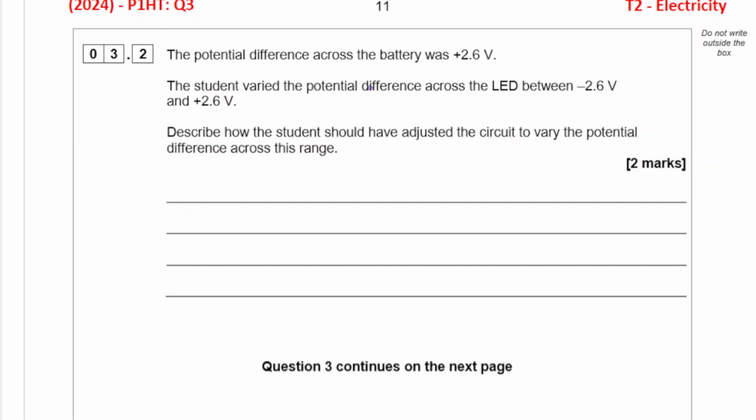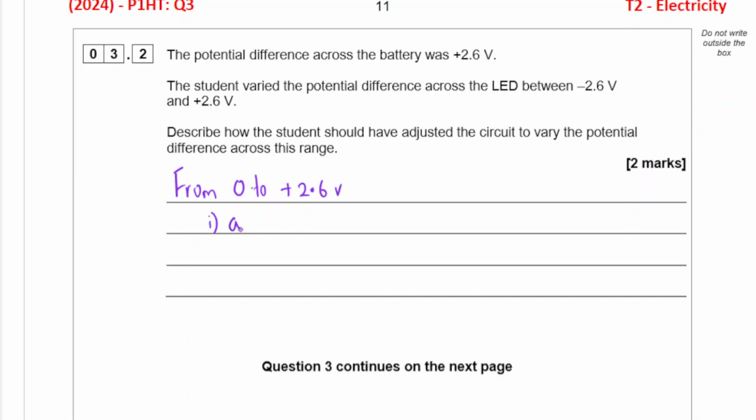Now, 0 to plus 2.6 volts, she can adjust the variable resistor or she can change the number of cells. So let's describe it in two parts. From 0 to plus 2.6 volts,